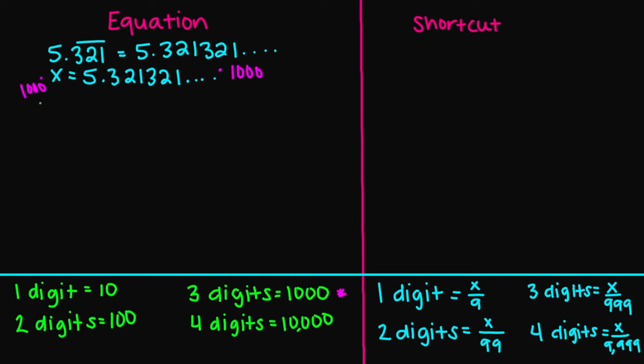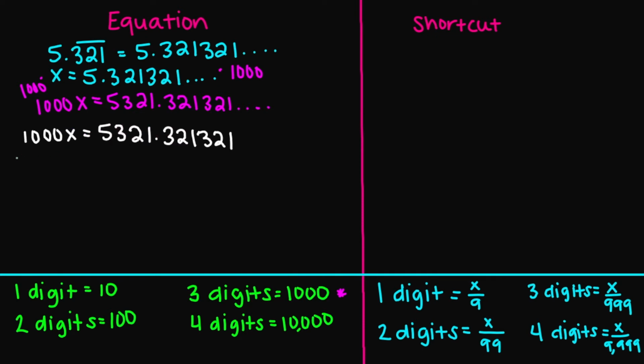1,000. So on the left side, you have 1,000x equals 5.321 repeating times 1,000. This is going to give us 5321.321 repeated. Now, before I do anything, I'm going to rewrite my equation so that my 1,000x is on top. And then I'm going to subtract my repeating decimal minus my x. 1,000x minus 1x, this is going to give us